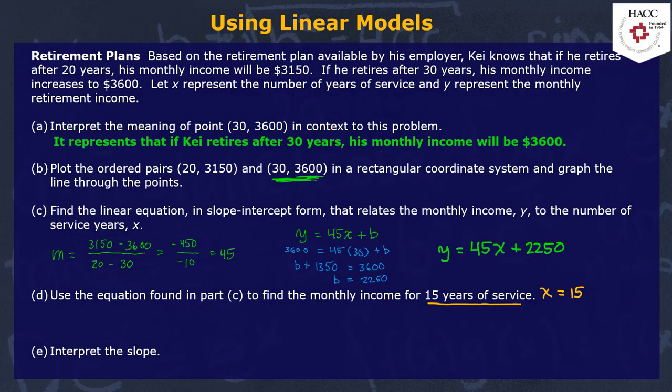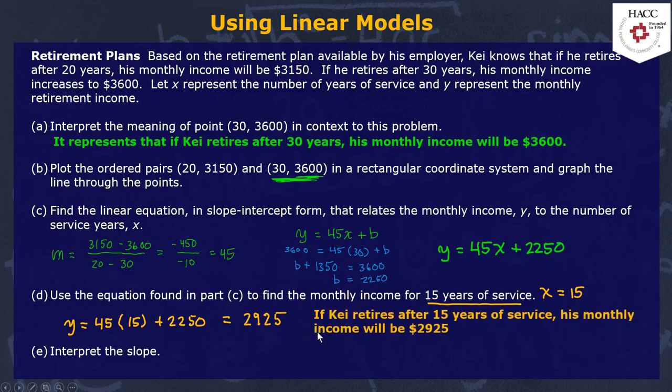So moving on to the next part, now we're asked to make a prediction, basically. Use the equation to find the monthly income for 15 years of service. So here I'm going to let x equals 15. And of course, monthly income is going to be the y value. So I'm going to use this equation right here, substitute 15 into it, and calculate it out to get 2,925. So based off of that, if Kai retires after 15 years of service, his monthly income will be